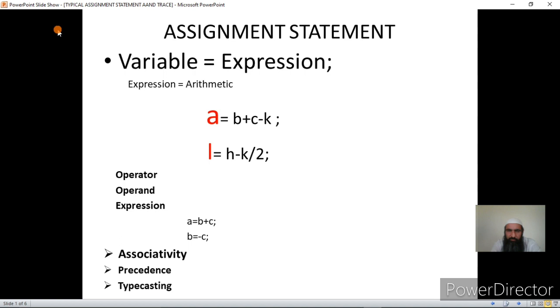So far we have learned that in C program we have statements like declarative statement, assignment statement, conditional statement, iterative statement, unconditional statement, and input-output statement. C program is a set of statements, and if we know the syntax of writing these statements, we can easily write the C program.